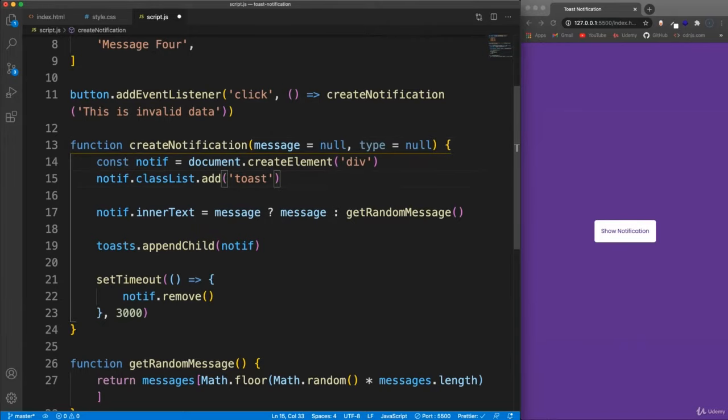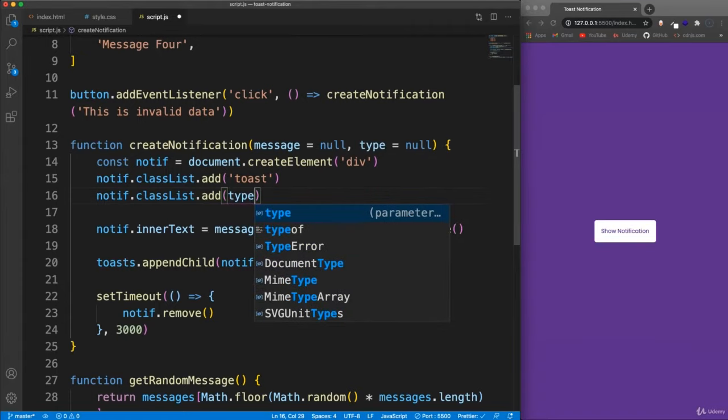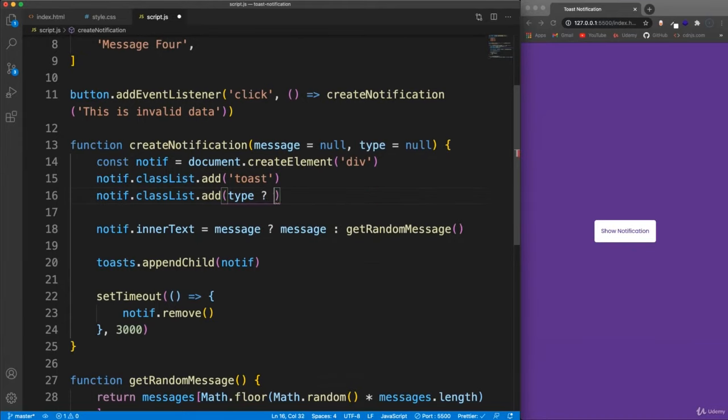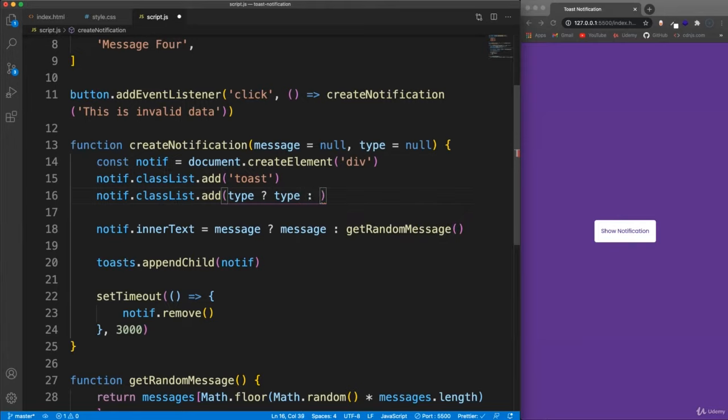And a type could be like a CSS class, so we could actually copy that down and add it. So we'll say if there's a type, then you add that type as a class, else I guess set it to like info,